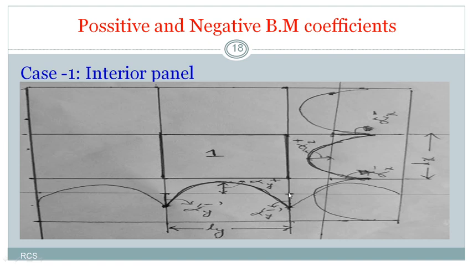And if you observe at this span of Lx, at the support we get a negative bending moment, and here also we get negative bending moment. The coefficient with respect to that bending moment is negative, so I can write here alpha x negative is the coefficient of bending moment with respect to the negative bending moment along the x direction. And at the midspan of the slab, the bending moment diagram shows above the baseline, so it is positive. So the coefficient of bending moment with respect to this positive bending moment is called alpha x positive.